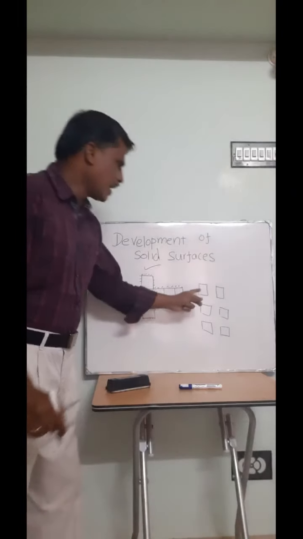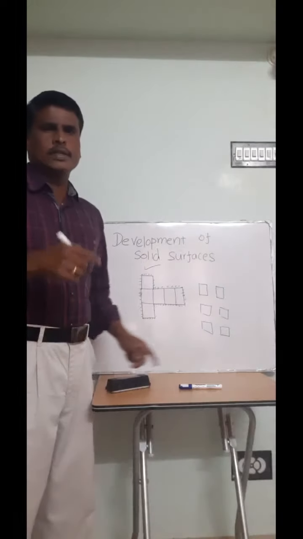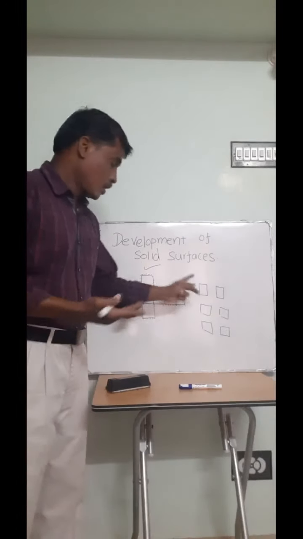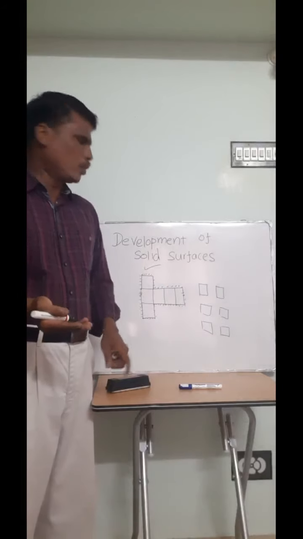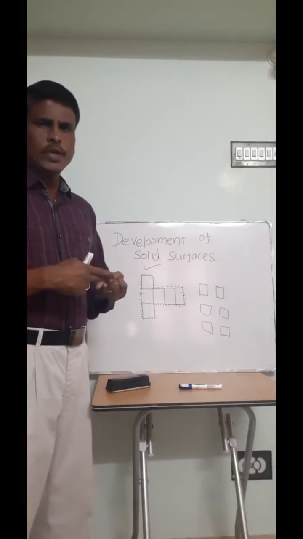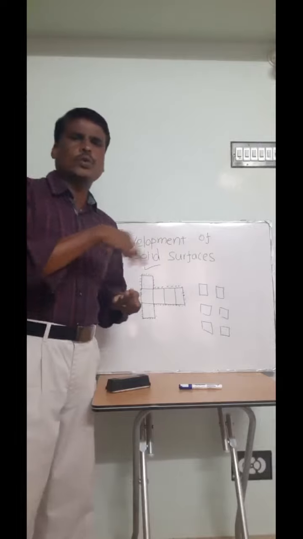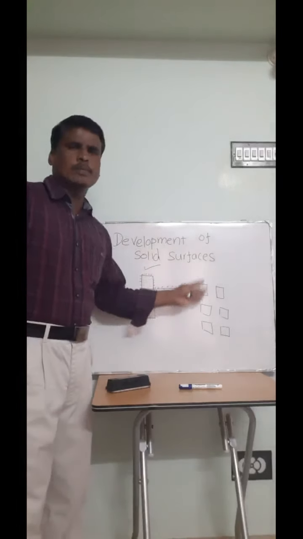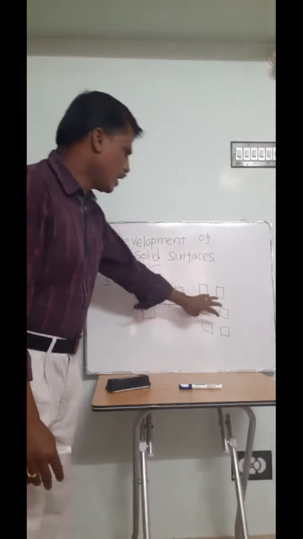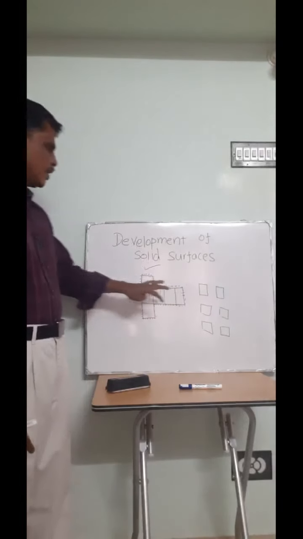Whereas here, if you cut 24 sides, if the number of sides increases, then the wastage will be more: the material waste, time waste, then cost. To join 24 sides, you need more gum. Therefore, cost-wise it will be higher. Therefore, in order to minimize all those things, we will use this concept.